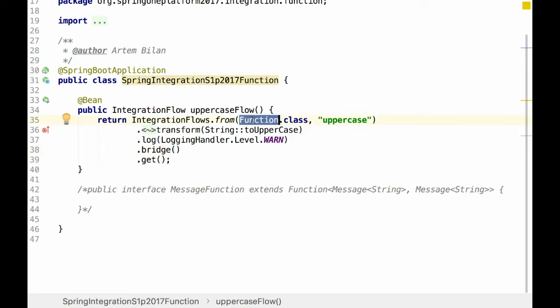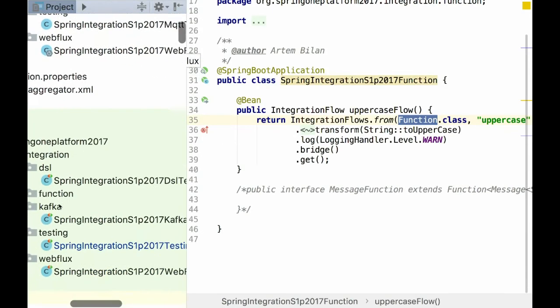The function interface in this case is wrapped by Spring Integration into gateway proxy factory, and that is messaging gateway. When we call this function, through the proxy it will send a message to downstream message channel for further integration flow logic.